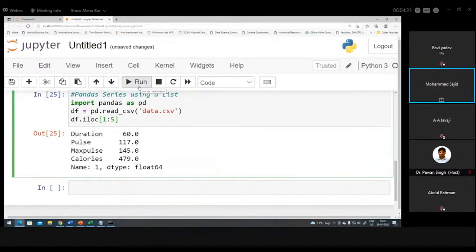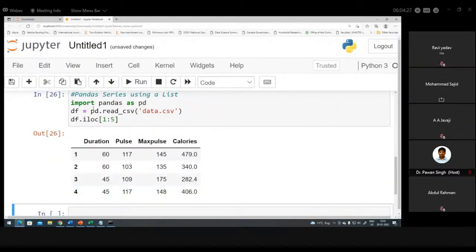So basically, it starts from 1 and goes up to 5 minus 1. It means it will provide 4 rows. Look at here, we have 1 colon 5. It means it will start from row number 1 and goes up to 5 minus 1. That is 4. So if you are interested in the first 4 rows, we need to mention here 1 colon